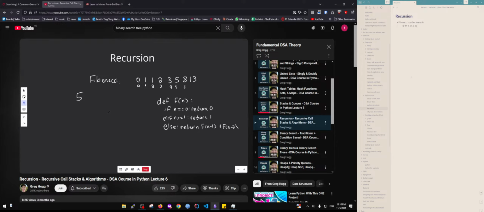Now, when a function is recursive, you'll often hear this term called a call stack. So it is a stack because it literally is a stack data structure. This is why recursion comes after the stack sections, because it uses a recursive call stack. And by call, we mean that's basically short for function call stack. So this is our function, and we can see we're calling it many times here. These are calls of the function. And so when you're calling the function within the function itself, it is recursive, and it's going to generate